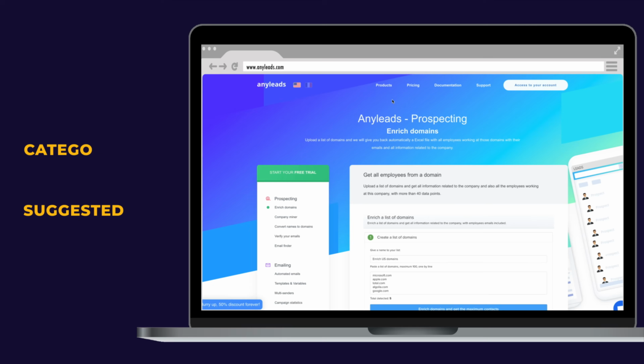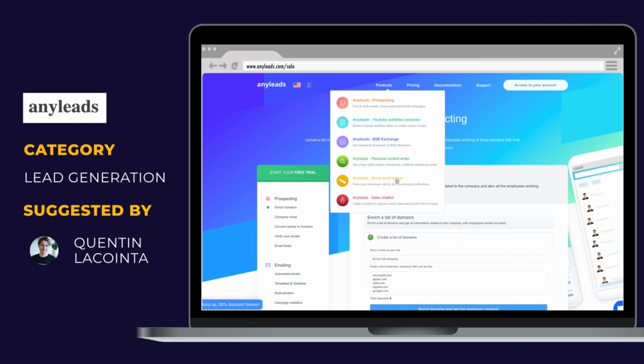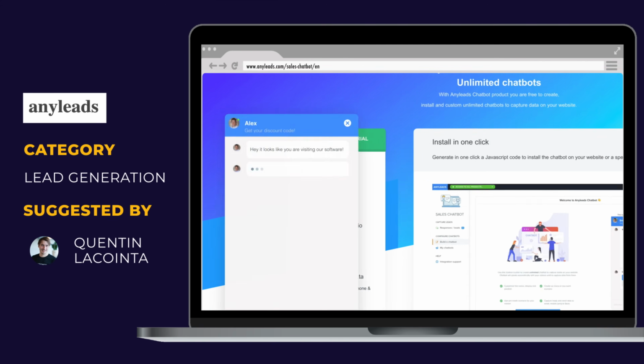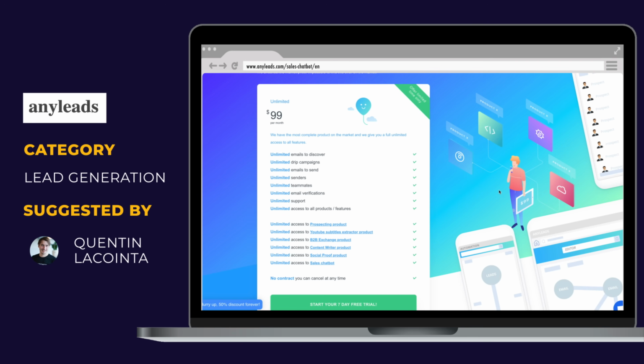Now back to lead generation and converting people who have landed on your website or your product. Another way to convert them is through live chat. Now we love any leads. It's our favorite tool to generate long lists of leads and prospects. Thanks to Quinton for sharing the fact that they've launched a chatbot themselves and it's probably the cheapest one out